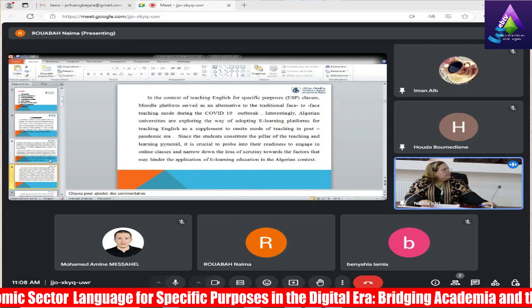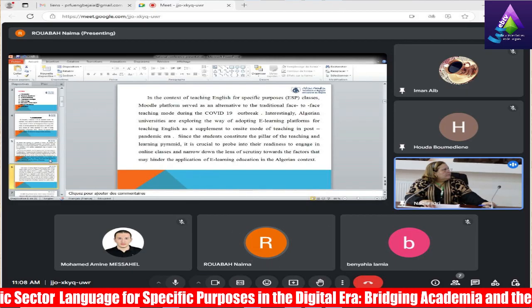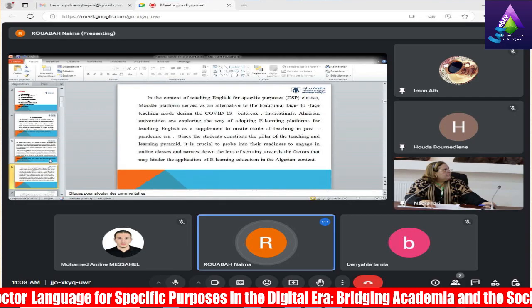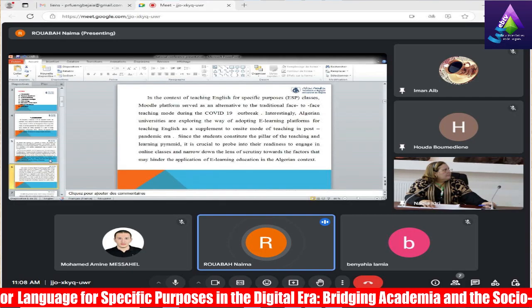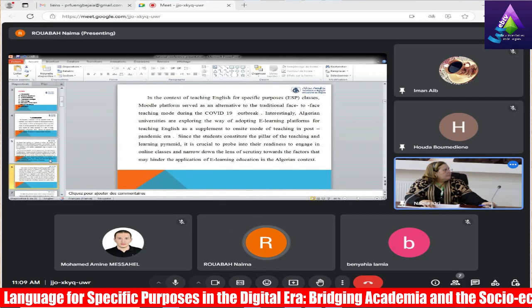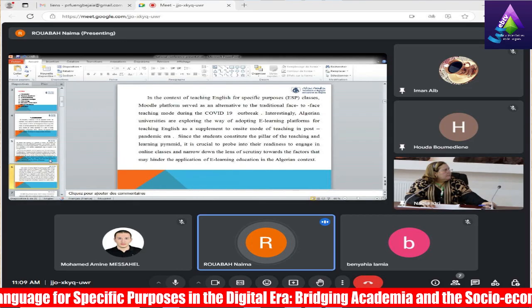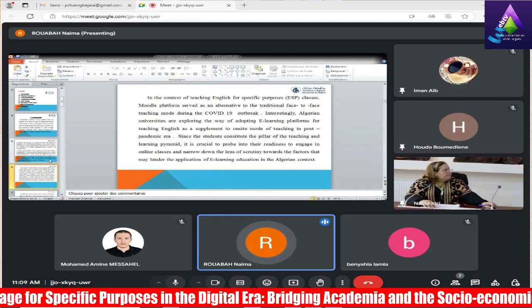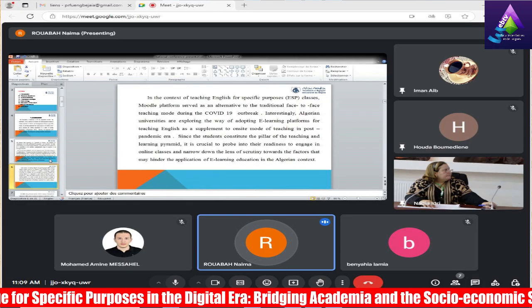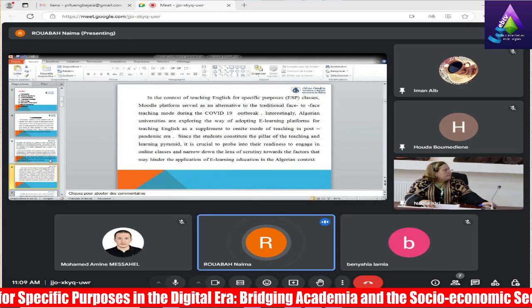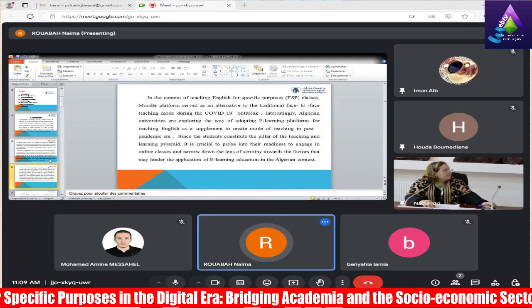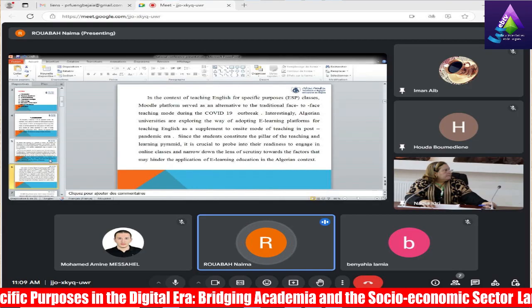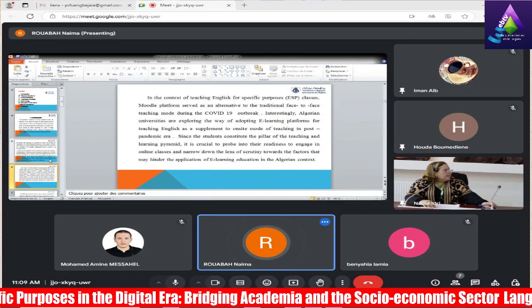And as teachers, we have access, but students are actually reticent to participate online. When we say online, we refer to Google Meet, for example, classrooms, other virtual environments. So we can say that sometimes it is a matter of lack of experience on the part of the student. And for this reason, I wanted to investigate ESP students' readiness for online learning.